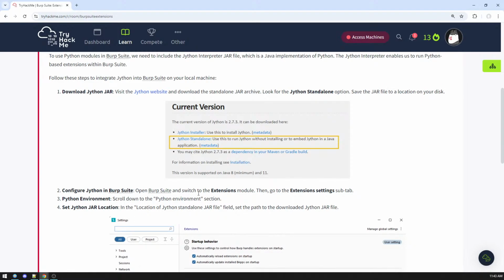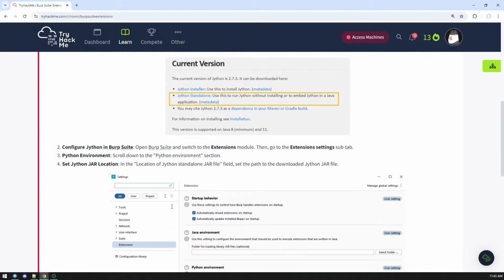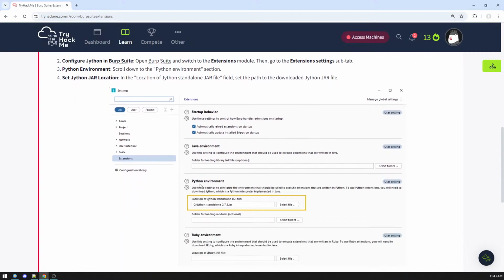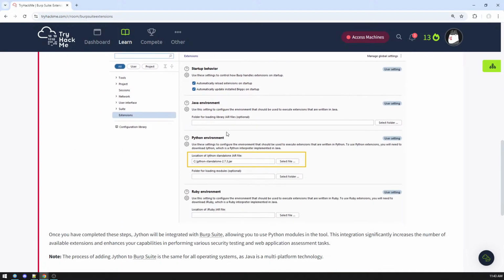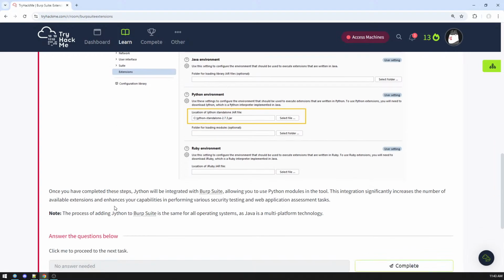Open Burp Suite and switch to the Extensions module. Then go to the Extension Settings subtab. Python environment. Scroll down to the Python environment section. Set the JSON jar location in the location of JSON standalone jar file field. Set the path to the downloaded JSON jar file. Oh, really. Amazing. There seem to be various options, maybe. Once you have completed these steps, JSON will be integrated with Burp Suite, allowing you to use Python modules in